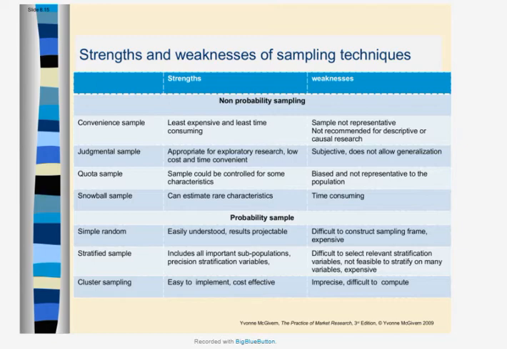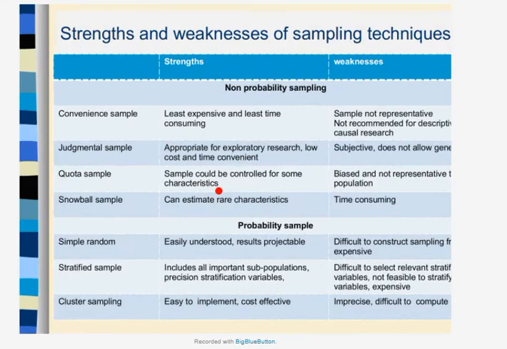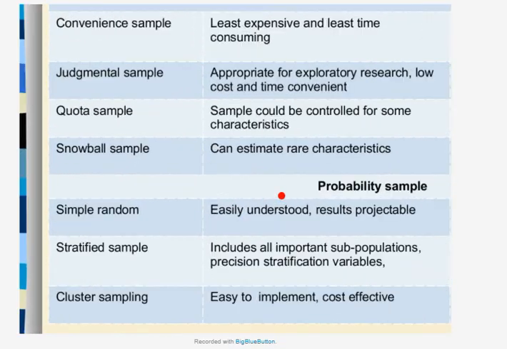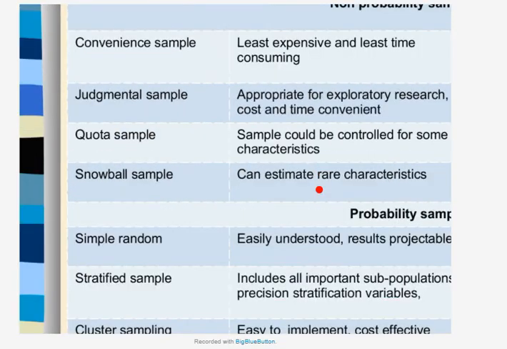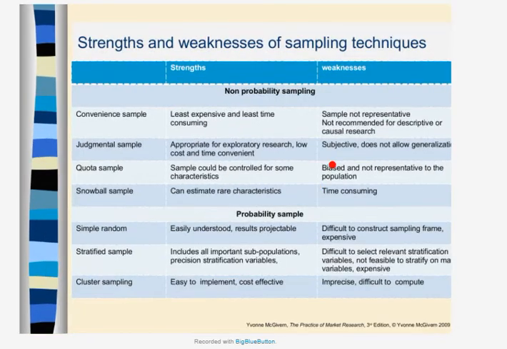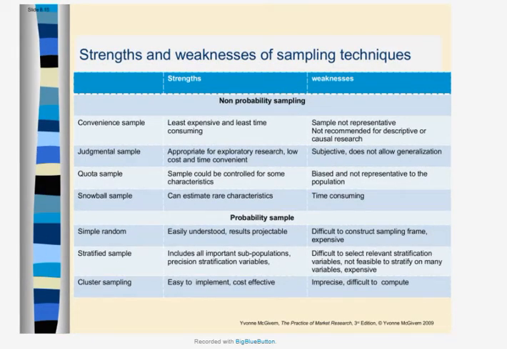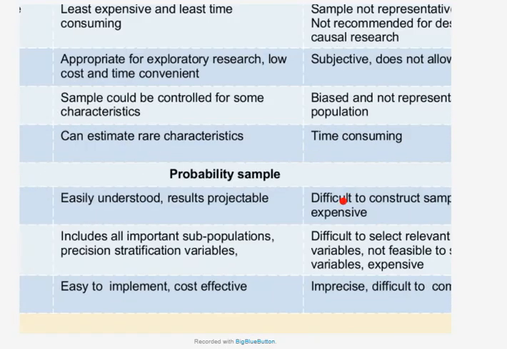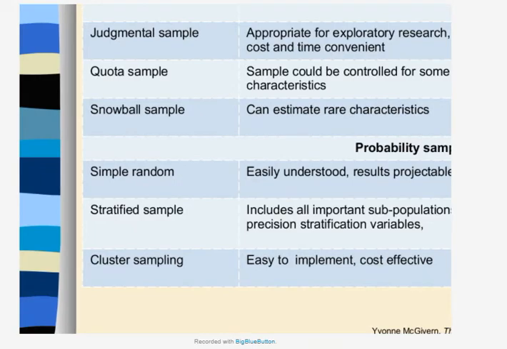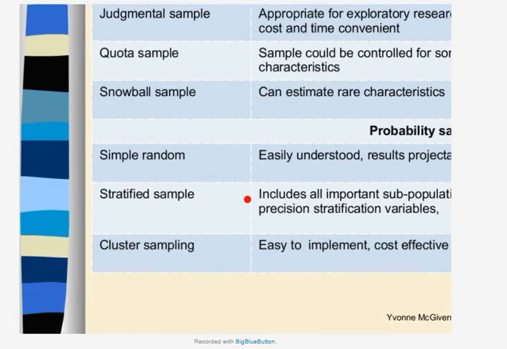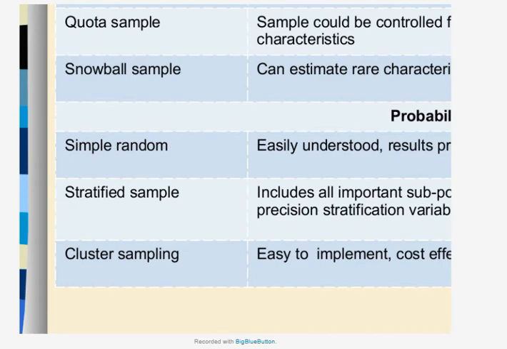طبعا we will not discuss the strengths والweaknesses لحد ما أقول لكم أصلا الأنواع دي. احنا لازم نفهم، انت فاهم يعني ايه random sample، ولا فاهم يعني ايه stratified sample، ولا فاهم يعني ايه quota sample؟ طيب let's first explain the sampling techniques and then you can understand the strengths and weaknesses of every one of them. هنبدأ بإيه يا جماعة؟ هنبدأ بالprobability sample، وهنبدأ بالسمبل راندوم والstratified والcluster، تمام؟